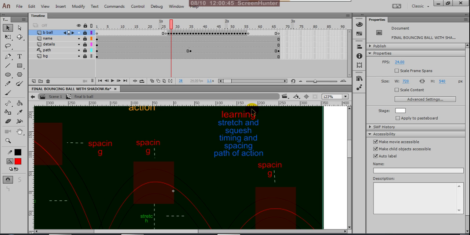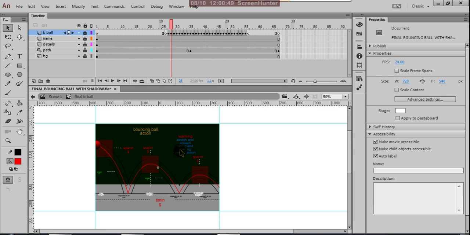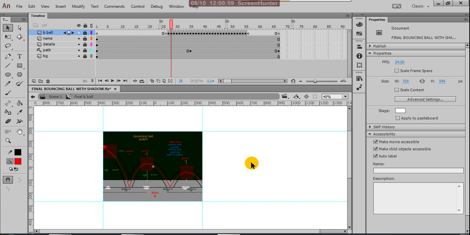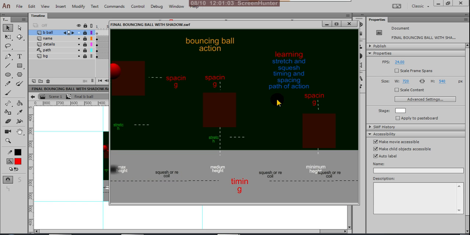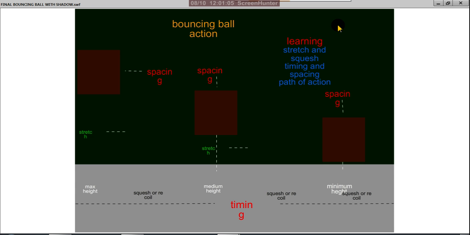With this we are learning stretch and squash, timing and spacing, and path of action. Any animation college or institute around the globe teaches this bouncing ball animation because it is very, very important for the animation student. The same principle we apply in real time, and in animation also.